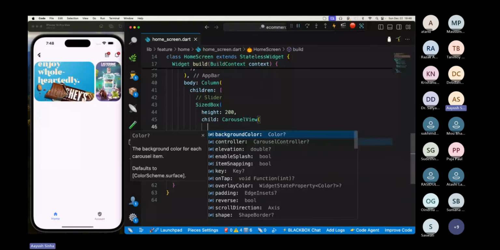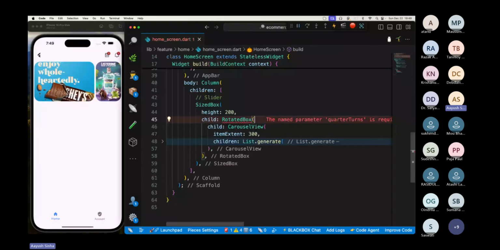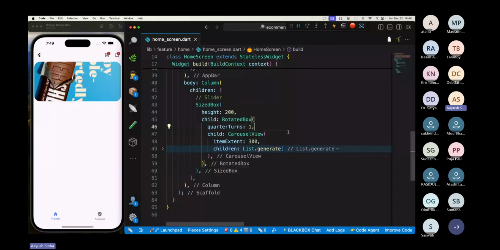Okay. So this comes to an interesting point. If we want to rotate any widget, but we don't have the option to rotate it in the widget, we don't have any parameter, we have some other widgets using which we can rotate. So we have a rotated box which has quarter turns, and I can provide it like 1 or 2. It is not rotating the